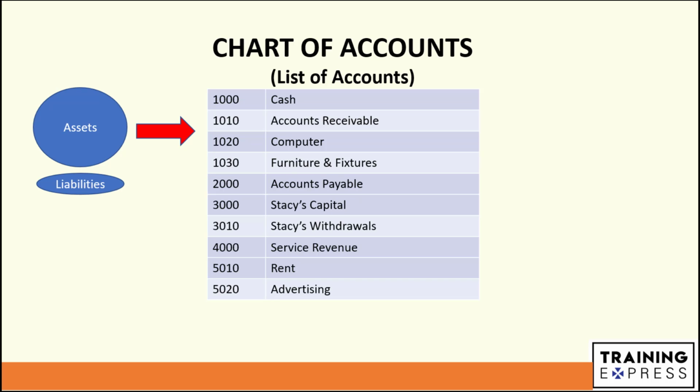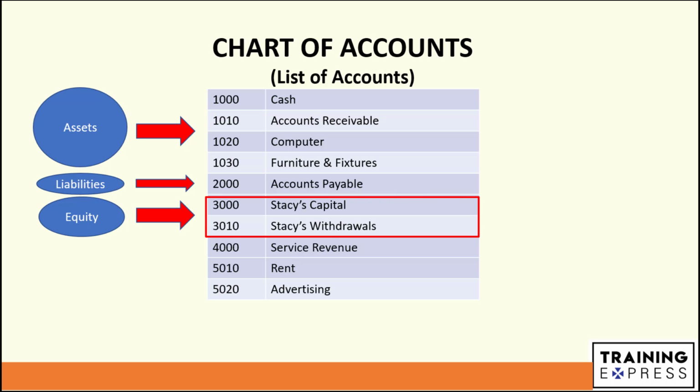After the assets, if you look at, we have got liabilities, and liabilities should be starting with the number 2. In this case, you can see we have assigned 2000 account number to accounts payable, and that is the only liability in this particular example. After liabilities, you can see we have got equity, and in the equity we have got Stacy's capital and Stacy's withdrawals. So the capital we are assigning a number 3000, and withdrawals we are assigning a number